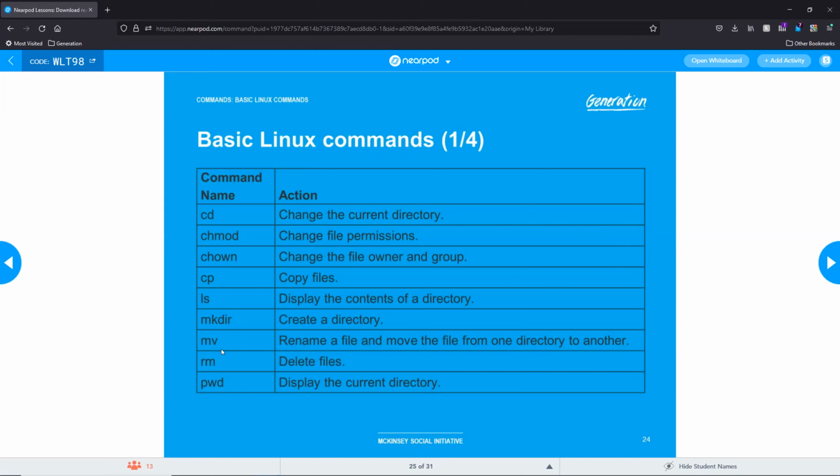Say that again for me, Avery. M-K-D-I-R, or make directory. That's why you'll hear people just say make directory instead of mkdir, because it sounds funny. So make directory, create a directory,